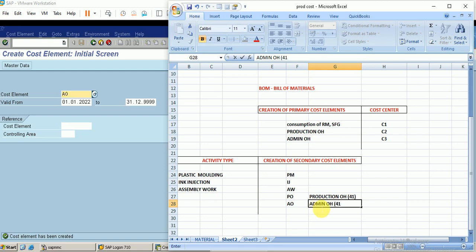Okay, I've created this activity type and secondary cost elements in this video, and in our next video we will continue with the planning, that is essential for